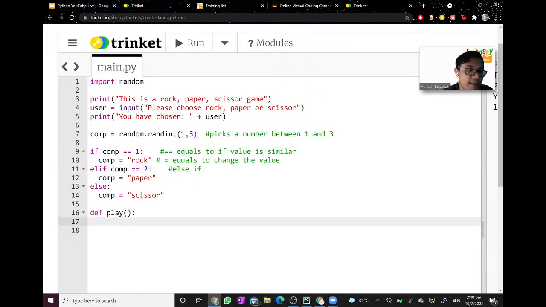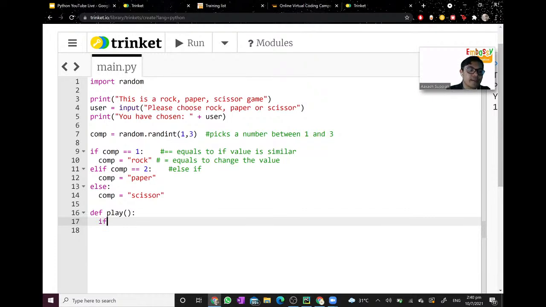First, I want the computer to check if both of us got a tie. What is the scenario if both the computer and I got a tie? The scenario will be both of us have chosen the same value, right? So we put in the if and else statements.